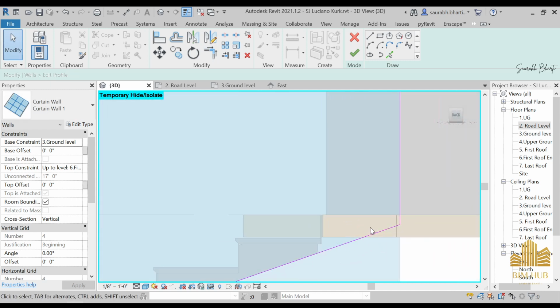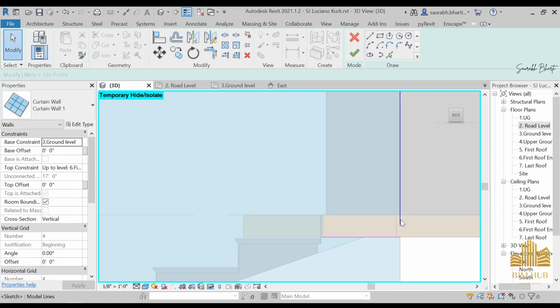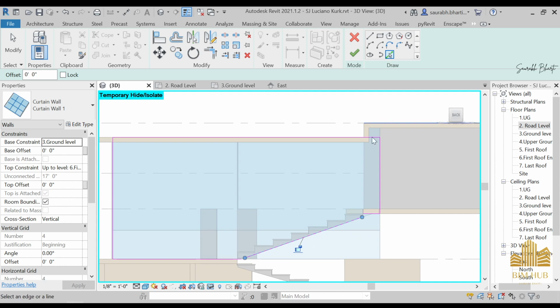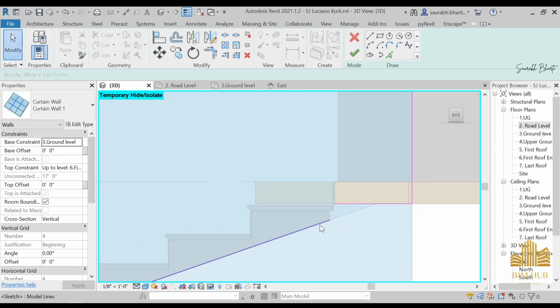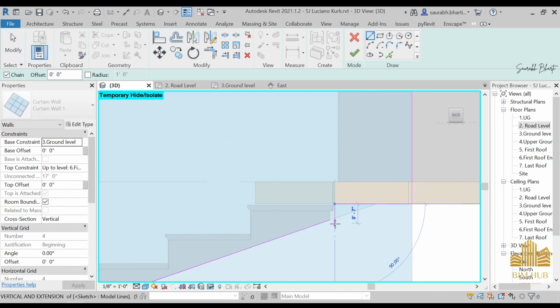And let me see. Okay, there's something wrong over here, so just from this point to this point to this point. Okay, done. And just delete it, and now you can see that we have overlapping line, so just trim it from this point to this point. Okay, and there's one more problem, it's gone. So I will just pick the lines once again, and you can draw it from here to here and trim it,